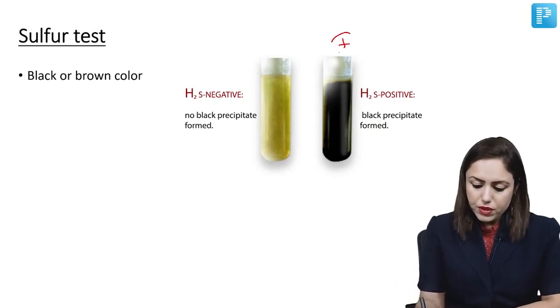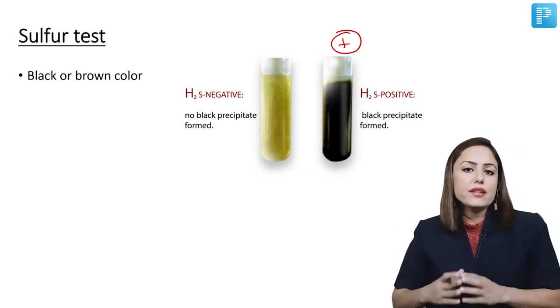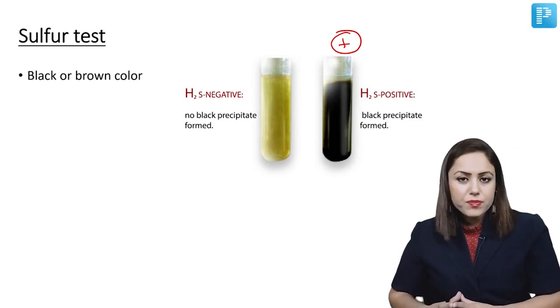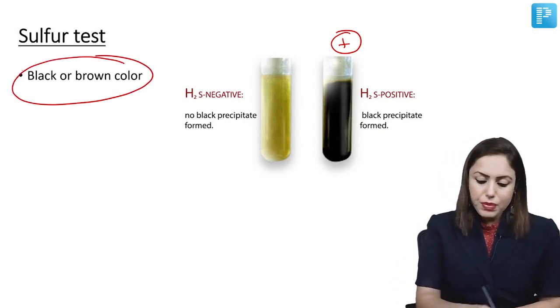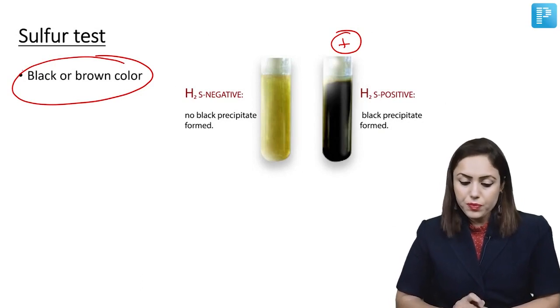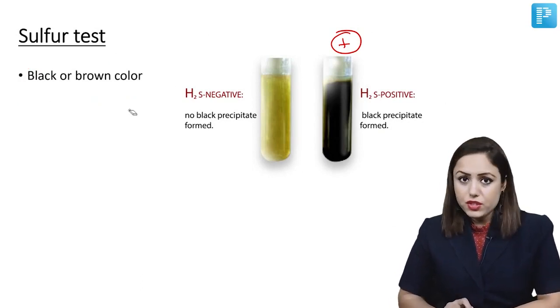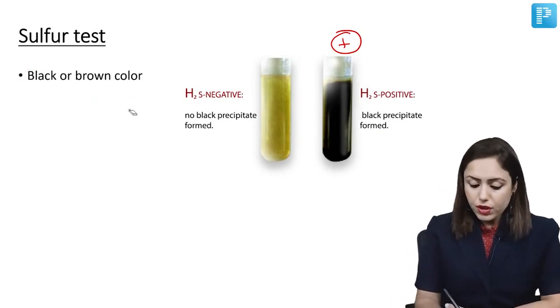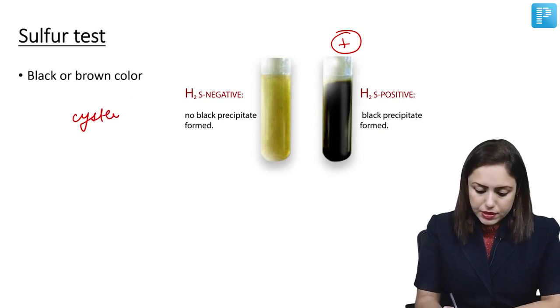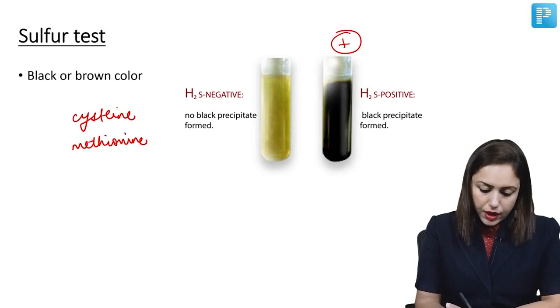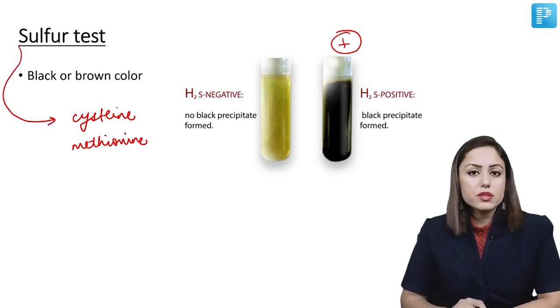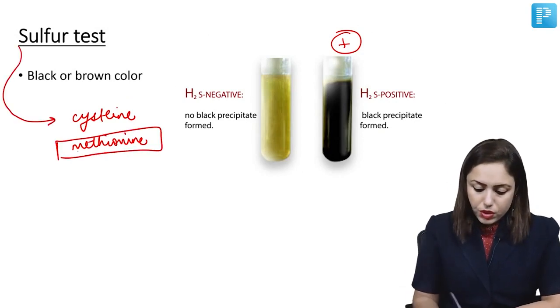So positive sulfur test means it has a sulfur-containing amino acid, and the positive color is black or brown. And be careful with this sulfur test: there are two sulfur-containing amino acids, cysteine and methionine, right? Sulfur test will be positive for cysteine, but for methionine